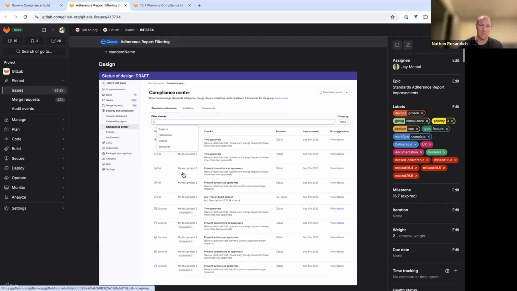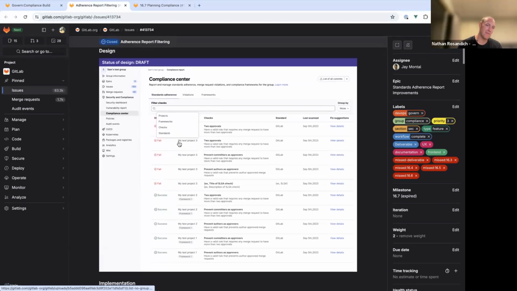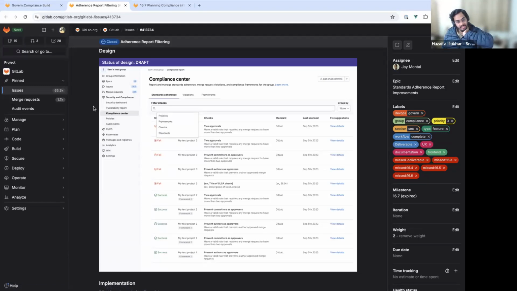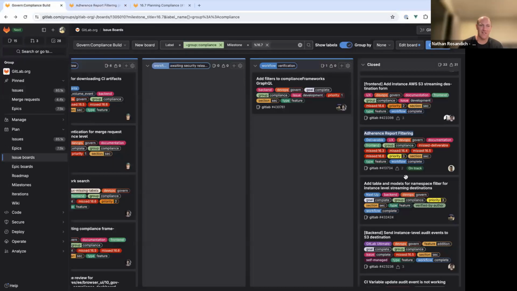So you can filter by projects, frameworks, checks, and standards. As we continue to expand the adherence report, this is going to be really helpful. And yeah, there's a demo video there as well. In the MVC, we still don't have the filtering by frameworks yet. So yeah, that must be missing. Oh yes, because the frameworks aren't attached yet. The first 3, sorry.